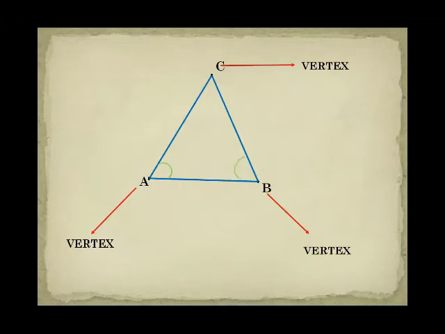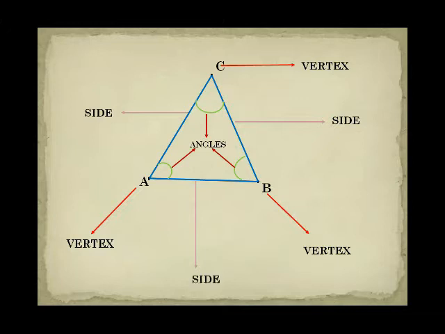Now students, here are the angles of the triangle. It means that they are called the angles of a triangle. Now the third thing is that these are the sides of the triangle. It means that the line segments from A to C, C to B, and A to B are the sides of the triangle. As you see students, these are called the elements of a triangle. A triangle has 6 elements, it means that it has 3 sides and 3 angles.